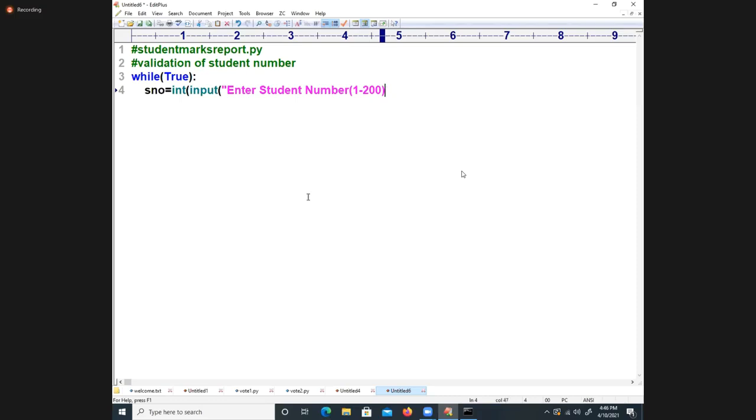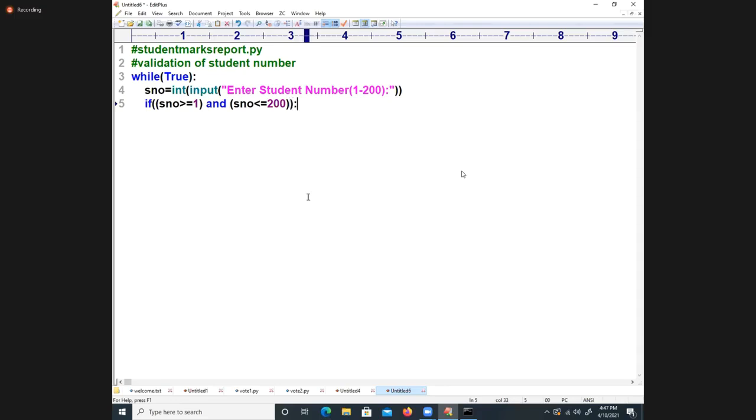Assume that these are your college numbers. Now I am writing, see carefully, if SNO is greater than or equal to 1 and SNO is less than or equal to 200.